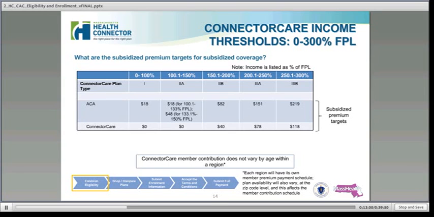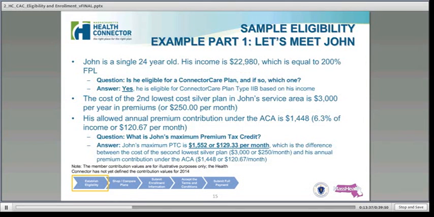I wanted to take a look at this chart with you just so you can get a sense of the premium targets, the subsidized coverage. So you have, similar to how Commonwealth Care is broken out today, this chart explains connector care in a similar way, but also explains the tax credits as well as the premium that the member would be responsible for. So in the middle row, you're seeing the maximum tax credit that the person within the income level would be eligible for. And then in the last row, you're seeing the connector care plans, the lowest cost plans available within that bracket.